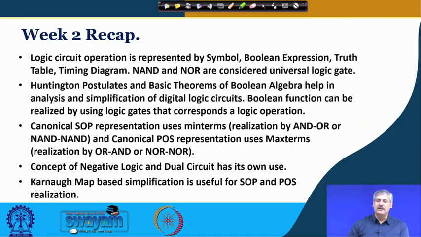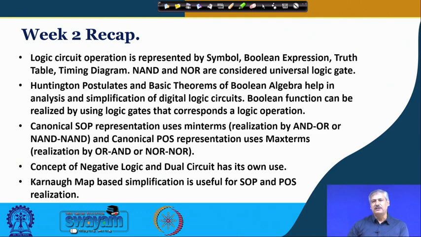Alternately, NAND circuit can also be used, and for POS the basic circuit is OR and AND, direct from the equation we can get, and then also we found that with a little bit of manipulation we can realize that by NOR circuit as well. We also looked at the concept of negative logic and dual circuit and found its use,